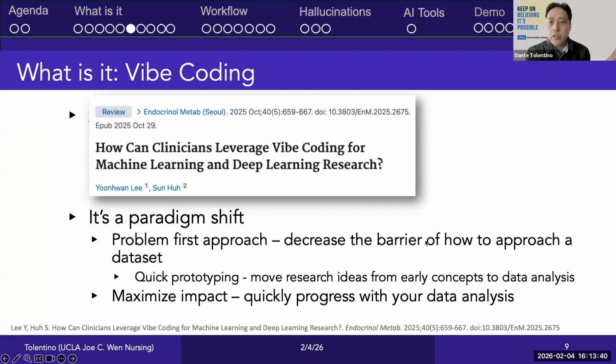And so from software development, we are now seeing some use cases in research, particularly in generating statistical code for data analysis. Here's a recent paper from Lee and Ha that was just published a few months ago about how clinicians can use vibe coding for machine learning and deep learning research.